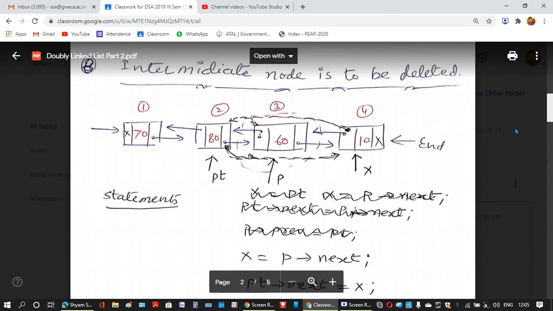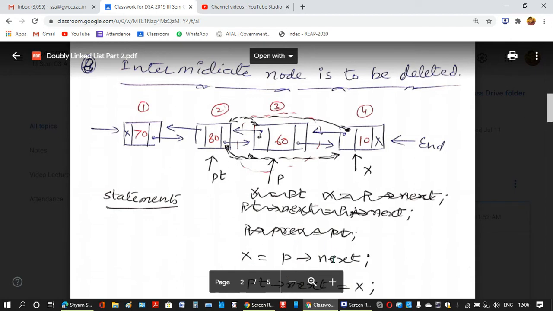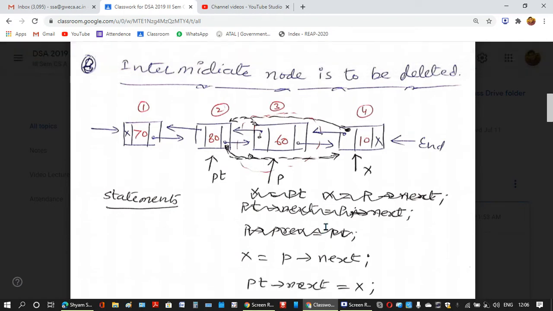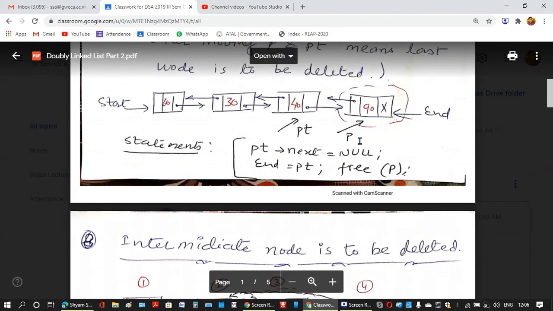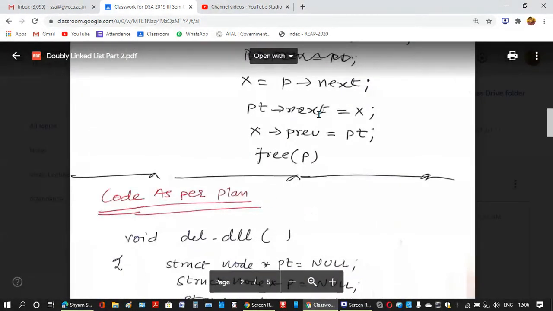I hope you are getting this point. You should practice it. You should draw the diagram by yourself. Then you can think what we want to do and how that will be done. You can ask a question that if x equals to P next, then if P is null, this will be a runtime error. But in our case, because we will write if P is null, we will write a special case, invalid position, and this is going to be an else portion. So we need not take that case here.